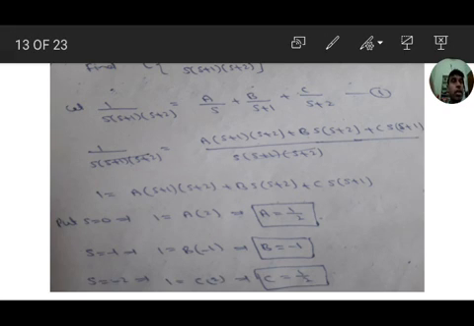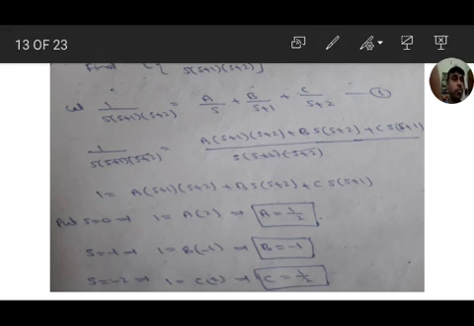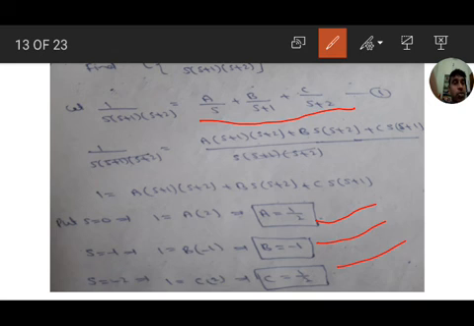Okay, here three factors, linear factors. 1 by s into s plus 1 into s plus 2. Therefore we got 1 by s into s plus 1 into s plus 2 equal to 3 constants, a by s plus b by s plus 1 plus c by s plus 2. So simplifying and substituting s values, we get a value, b value, c value.